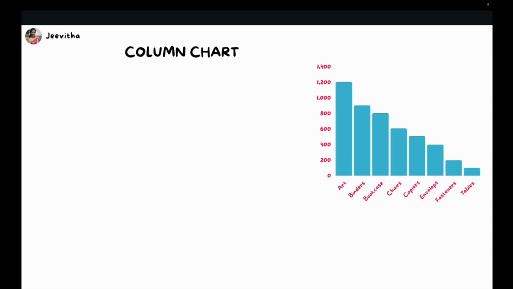Everyone, in this video, let's understand what is a column chart and how to create a stunning column chart using Tableau. A column chart is used to represent data using vertical rectangular bars. It's almost similar to a bar plot. In a bar chart, the data is represented in horizontal bars, but in a column chart, data will be